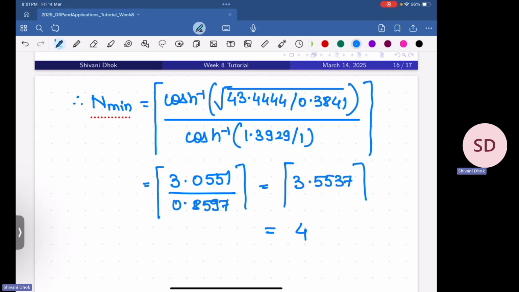This is an important part of DSP. This is the actual goal of our DSP course, that is designing the filters. So be very careful while understanding these concepts. If you have any questions at any point of time, you can post it in the folder. I'll try to answer it as early as possible.